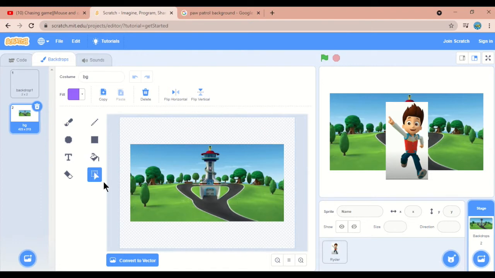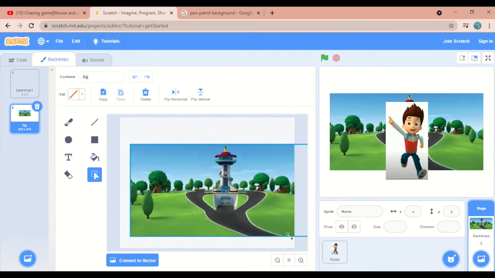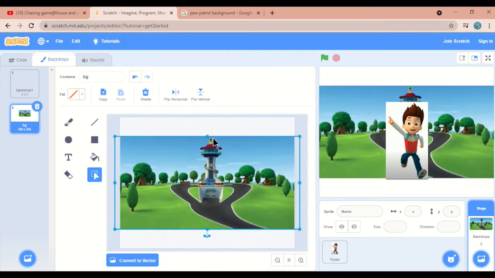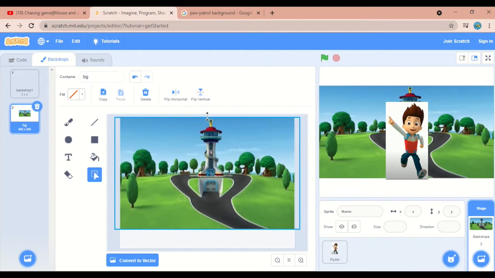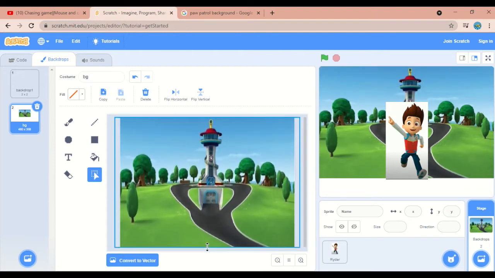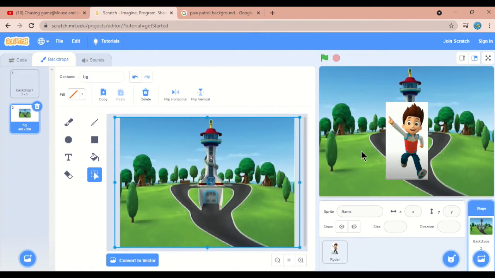So click on this select button, then select this portion. Okay, then you can drag this and you can adjust this. Drag it and adjust. In the stage area, you can see the changes. Okay, now we got the background completely.